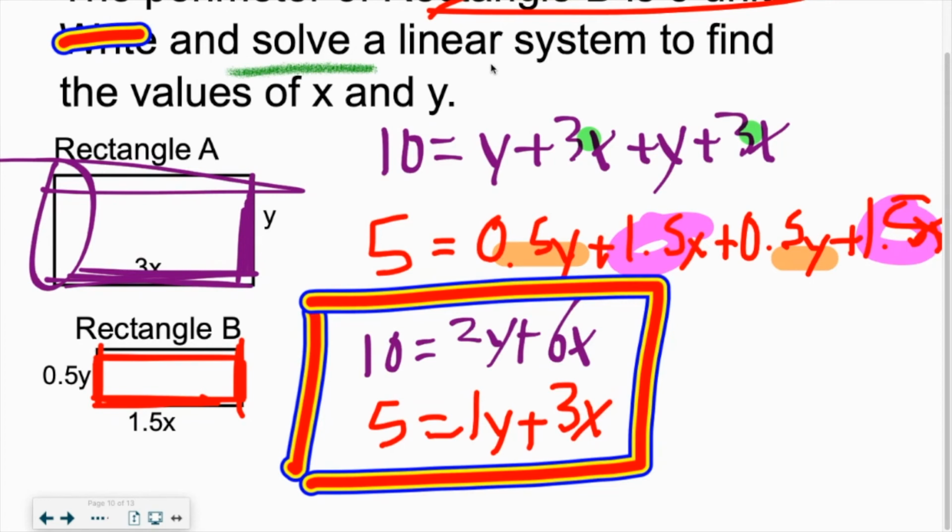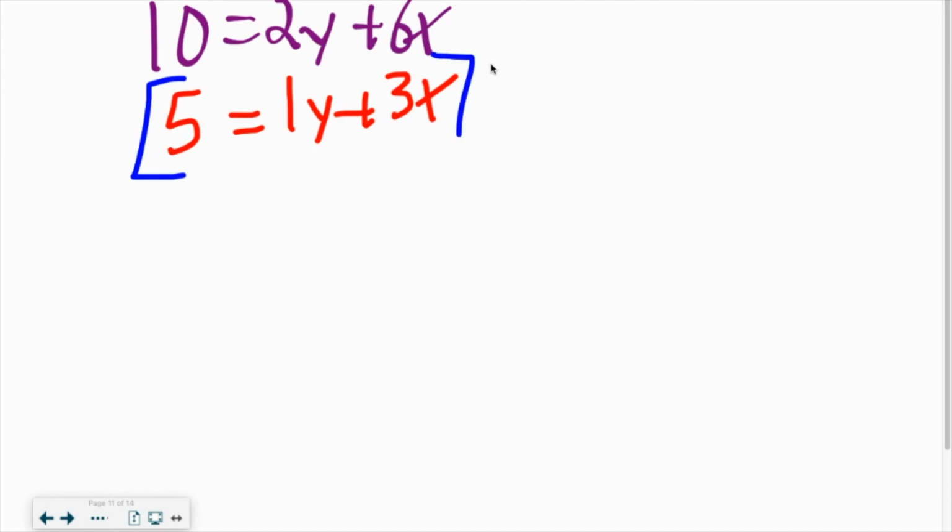I'm going to start a new page because I've run out of room. You can continue to work your way down or off on the side of this. You can work into the next one. Again, you may pick any of them. I'm going to start with the bottom. I'm going to eliminate the y's. Pick the second equation because they're smaller numbers to multiply on up, so I felt like that would be less